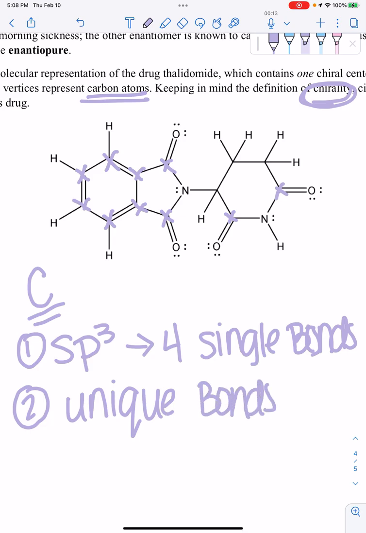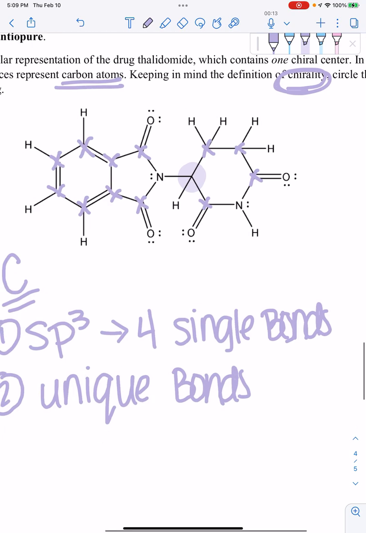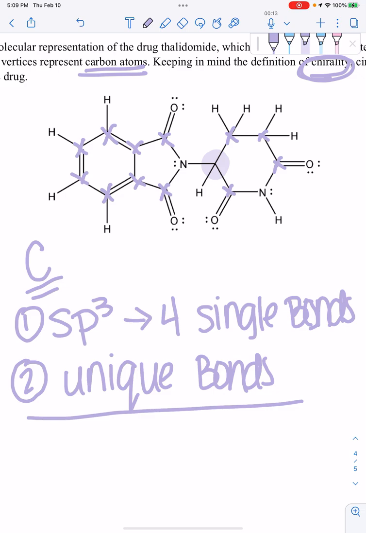And so that means that we can't have the carbon bonded to the exact same thing twice. And a good example of that is this carbon here and this carbon here. They're each bonded to some other carbons, but they're also bonded to 2 hydrogens. And these hydrogens are completely indistinguishable from each other. So these cannot be our chiral center. And so that actually leaves us with only one option. And since we don't have any other options for sp3 hybridized carbon, I'm going to explain this last rule